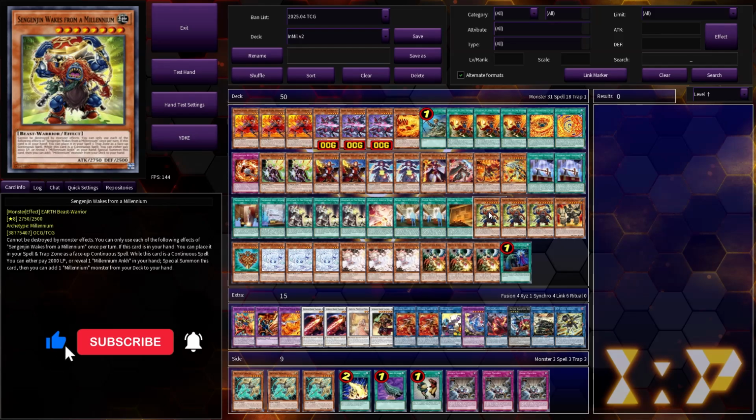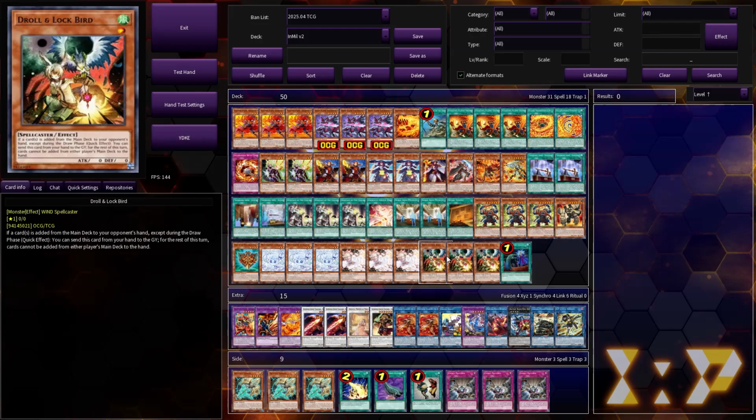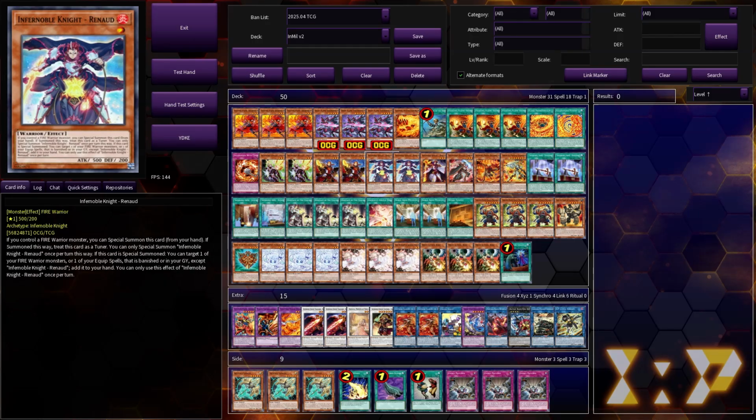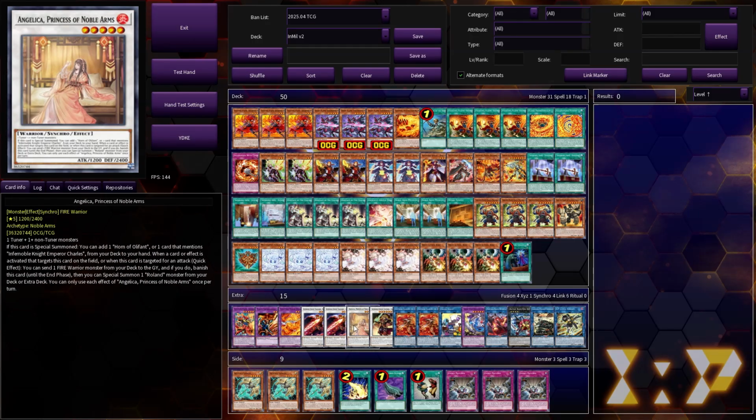In doing so, one of the main problems with Infernoble is the fact that we have one-card combos, but they don't really end on anything. Like you usually just end on your Book of Moon with the Flame Swordsman engine with a pop, potentially. You really need to open your tuners with a level 4 basically to get your engine going with Angelica. So I haven't really solved that problem, but I've embraced it and